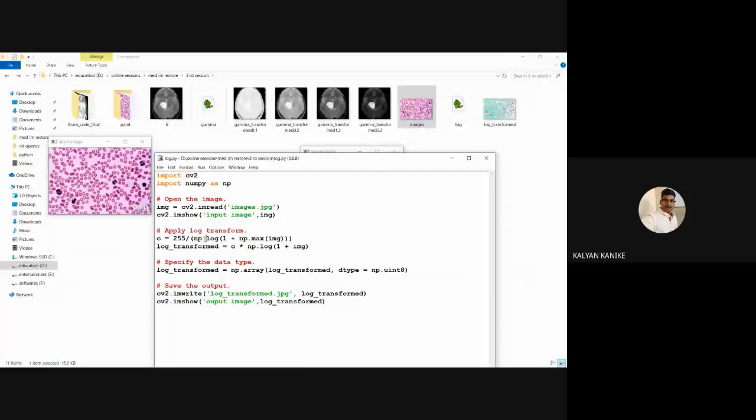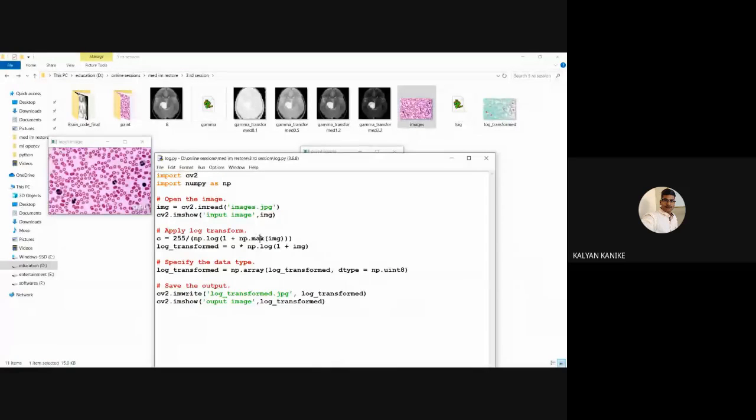Here, np.log. Generally log means base 10, it will take base 10 for everything. Here we are going to add some information. What is the formula to find the particular constant value? np.log plus np.max.